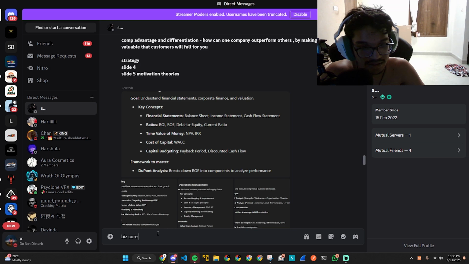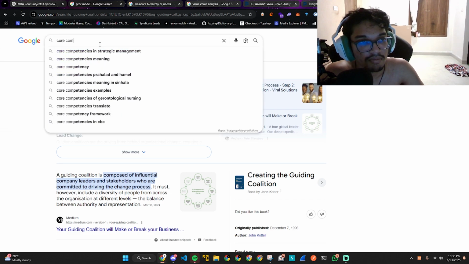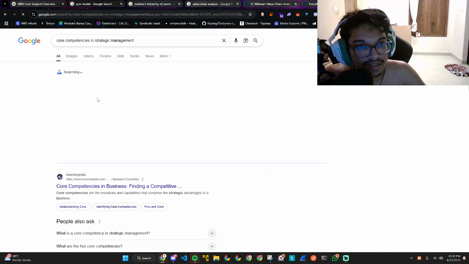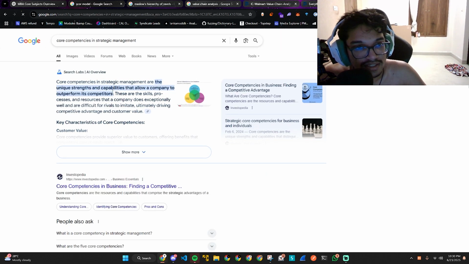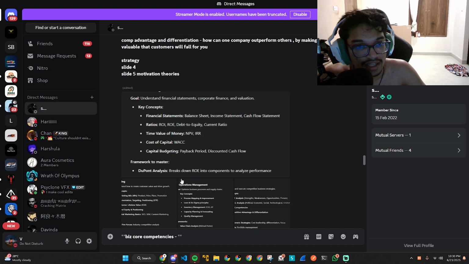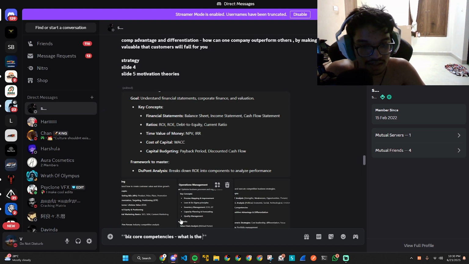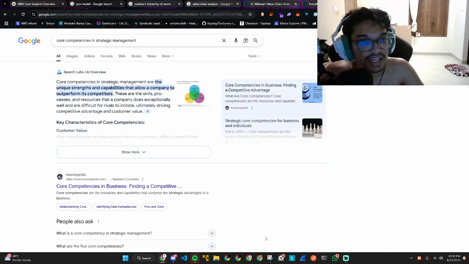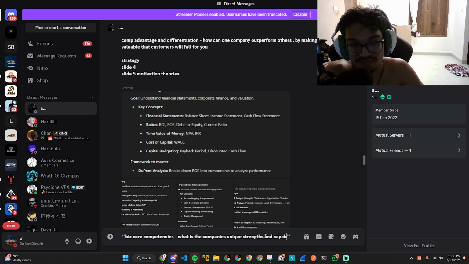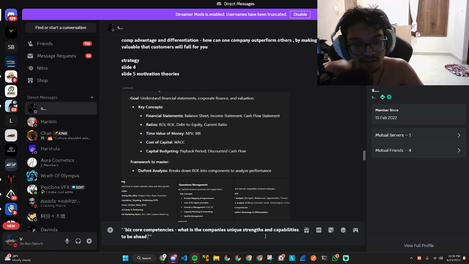Core competencies. What are the core competencies? Core competencies in strategic management are the unique strengths and capabilities that allow a company to be ahead of the competitors.